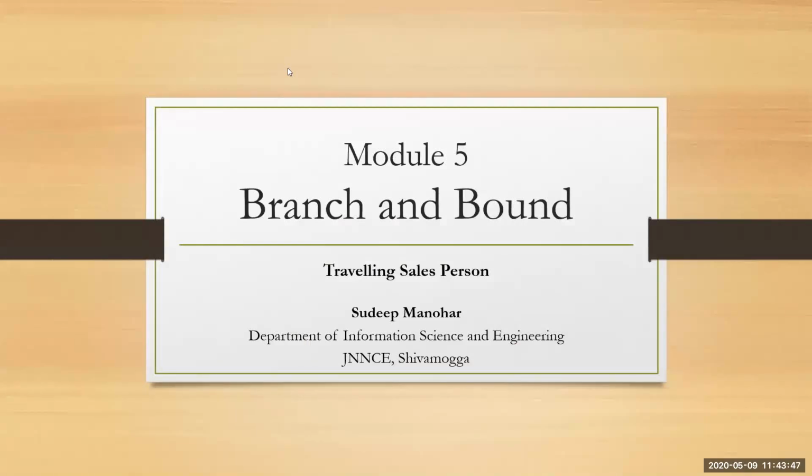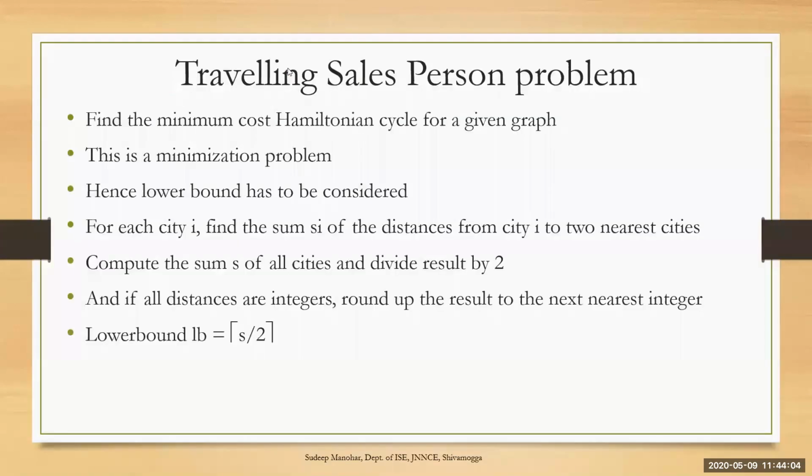Today we are going to look at one more problem based on the branch and bound method. We have seen two problems in the previous classes. One is the assignment problem, the other one is the knapsack problem, and this is the third problem in the branch and bound method. So, as usual, we are supposed to draw the state space tree for this problem, and we will learn some theoretical things, and later we will see how to solve this problem.